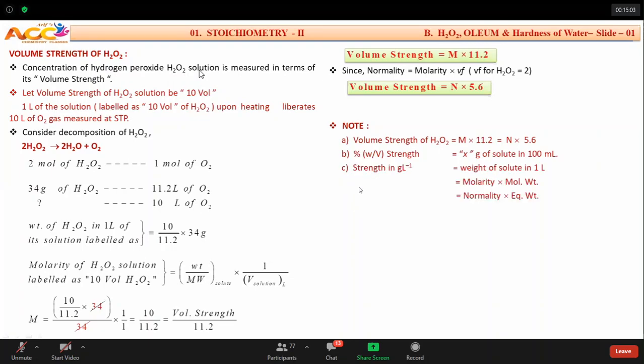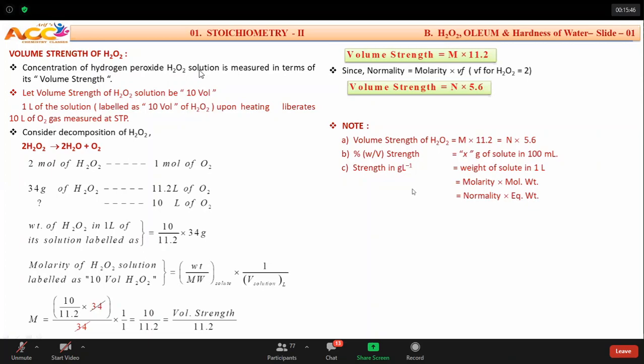चलिए. Sometimes we have another word, strength in grams per liter. ऐसा भी देगा. इसको भी strength कहते हैं. ये भी strength है. But it is grams per liter. The practicals में आता है. When you are having grams per liter, then we can say, sir, how many grams in 1 liter? सीधा सीधा है. How many grams in 1 liter? Weight of solute in 1 liter. If you remember the expression for molarity, weight by molecular weight, 1 by volume of solution in liters. I am saying X grams in 1 liter. So this is grams and this is 1 liter. If you take this, it becomes molarity into molecular weight. Yes, remember, whenever you are writing strength, it is how many grams in 1 liter.